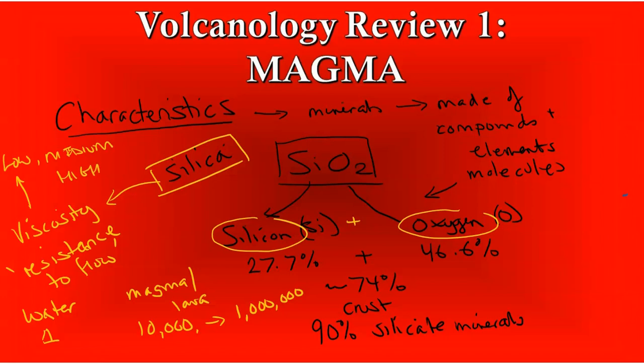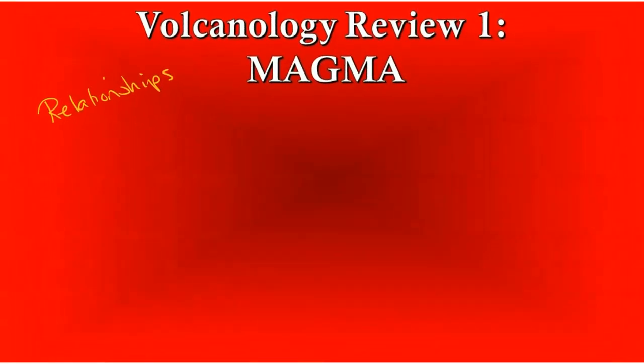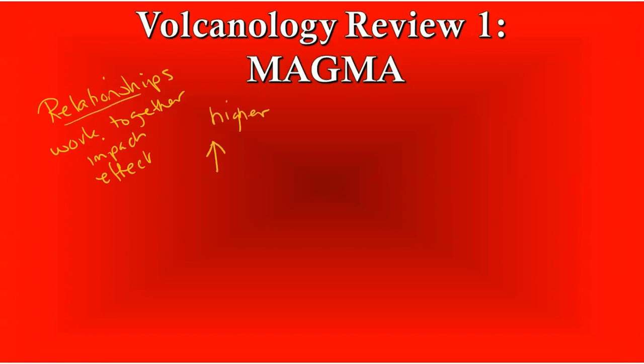High viscosity means it's very thick and slow moving. Low means it's runny and faster moving. So in terms of relationships, it's how they work together, how they impact each other, and the effect that they have on each other. For example, the higher, I'm going to put an arrow up, that means higher, and this means lower. So the higher the silica, or SiO2, equals, so relationship, higher viscosity equals, the thicker it is,